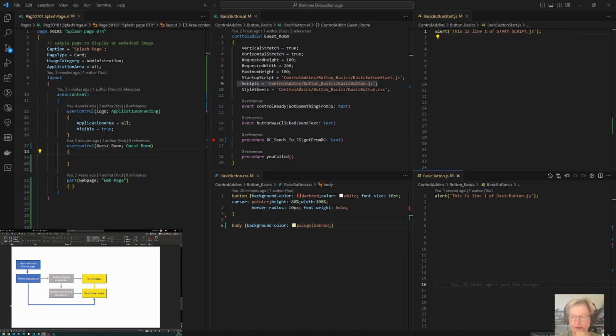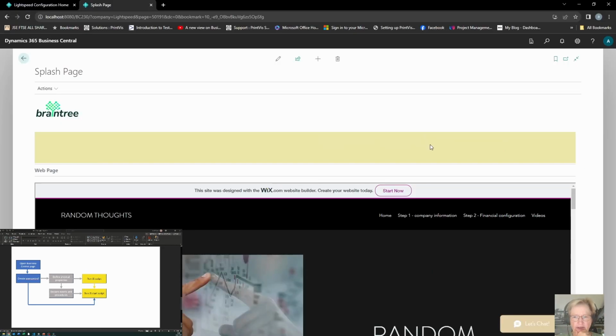Might not be 100%, but I think it's more or less right. So the first thing that happens is it will open the Business Central page. It will create the user control, in other words, the yellow blocky. Then it will define the physical parameters. So these things here tell me what size, color, and so on that I want for my block. And it will, of course, declare the events, although nothing's going to talk to them at this point because